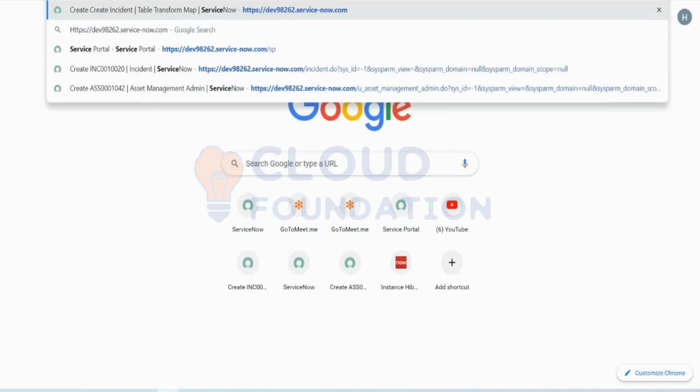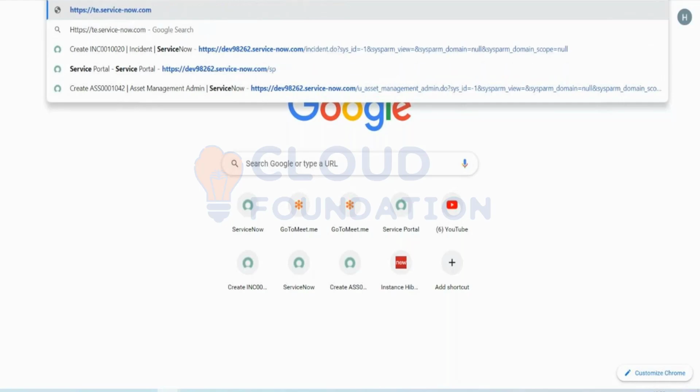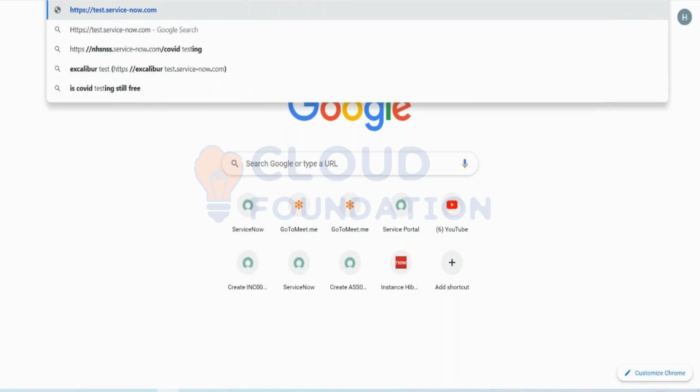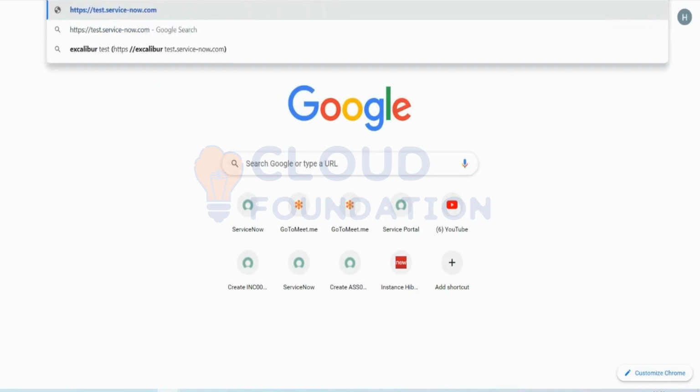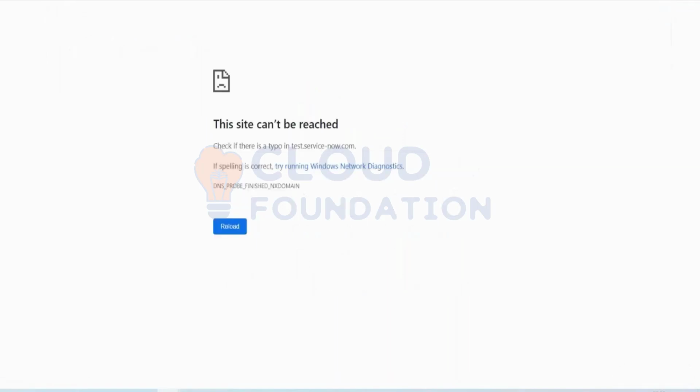Let's suppose this is the instance number, from dev to number. This is a particular instance ID. So let's suppose my client instance is like this. Once my single sign-on is done, I directly access it like this.